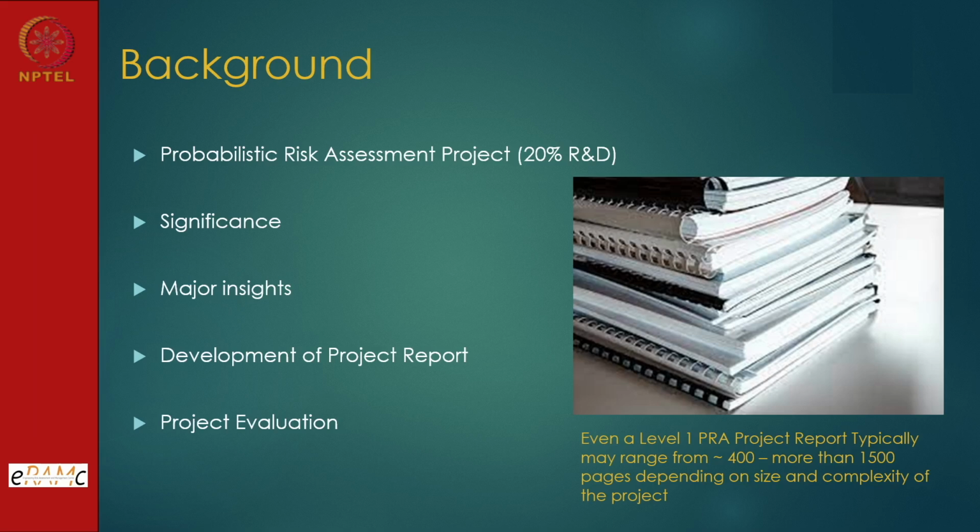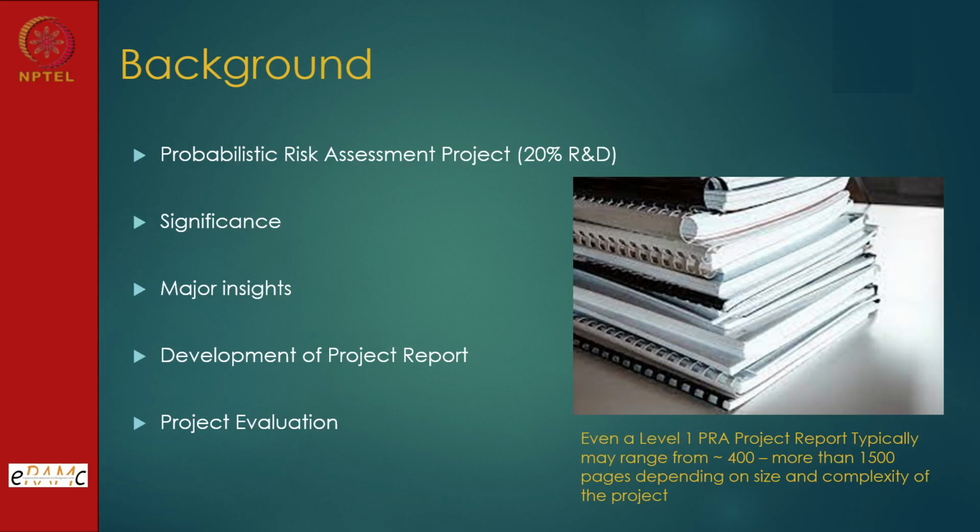If we look at a probabilistic risk assessment project, one of the biggest challenges, if we want to have a quality project, is that 20% of effort goes into R&D. That means we have to be in touch with the R&D, and you should have these facilities around you. If you do not have it, we will not be able to do justice. For example, if I have some data with me and the data is weak or not good, then I have to do some live testing. So live testing should be available, and that knowledge base and expertise should be available, number one.